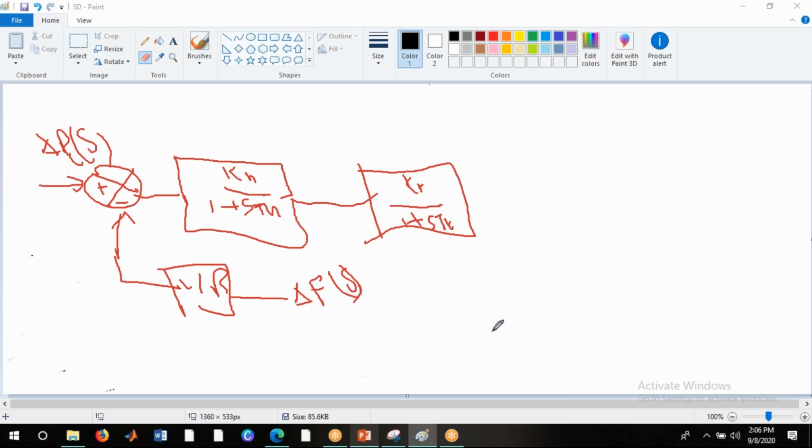Today's class we are going to discuss how we can find the model for the generator, and when we combine this generator block diagram with this, we can obtain the total block diagram that belongs to the single area system. Single area is nothing but a single unit, and a unit consists of three major elements: governing model, turbine model, and generator model. Based on these three elements, we can analyze how a single area system works. Single area is nothing but one generation giving to one load, so there is no contribution between the generation as well as loads.